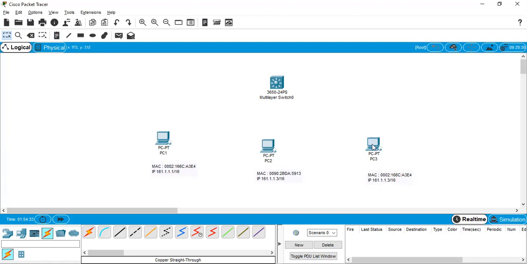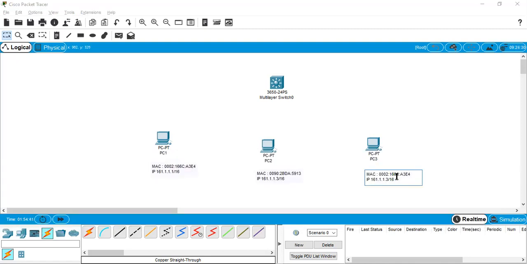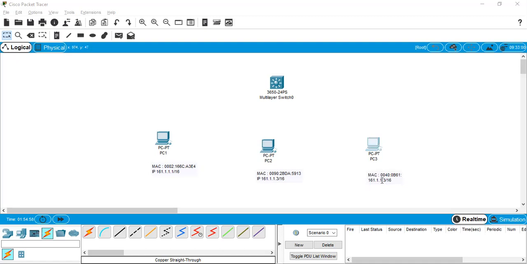Okay, let's see system 3: 0040 0B6A 8641. So this is the MAC address of the system. Let's see what type it has.